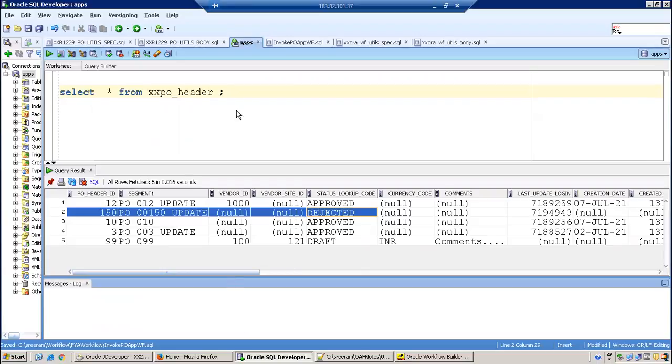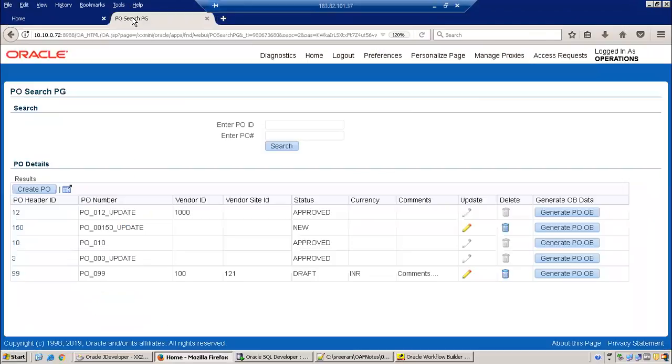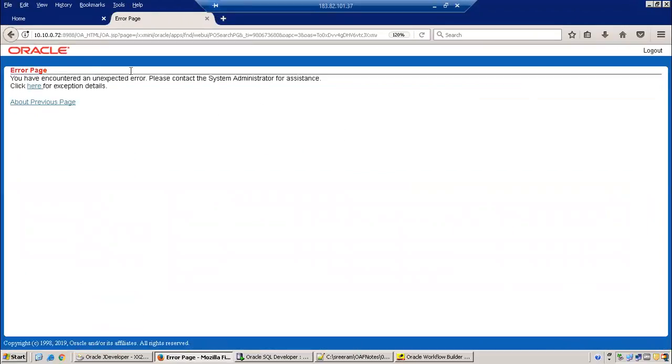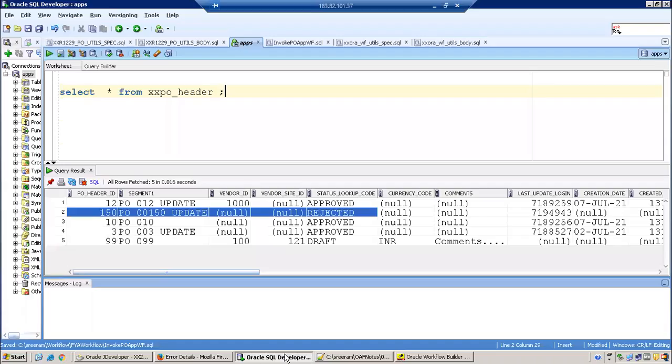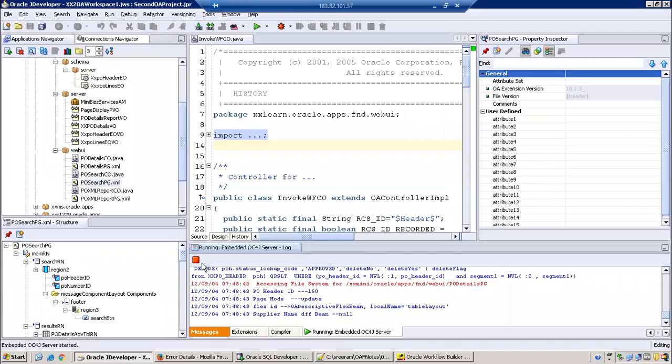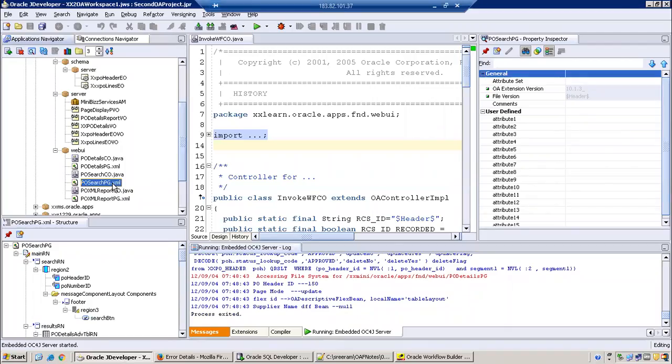Now the same logic we'll try to invoke from the OAF submit button. In our search page, I mean the DML page, let us say I'll click on this one. Maybe the status would have changed, which is why it is giving this kind of exception. In the database, it has a different status, while in the OAF it is a temporary status, which it could not correlate properly. So we have to reload the page, and then only we get a proper result. So we'll run the page again.